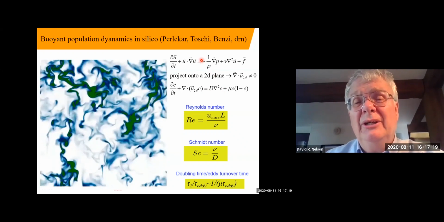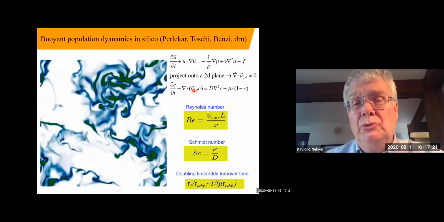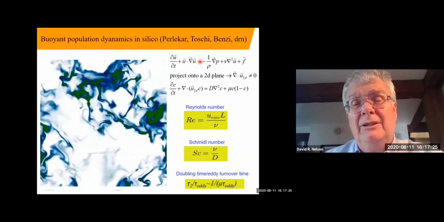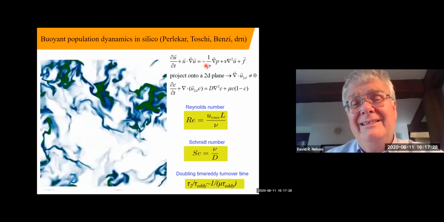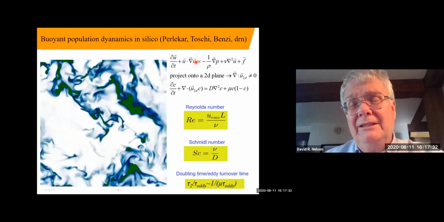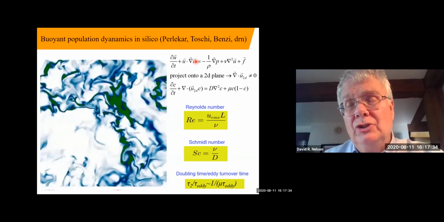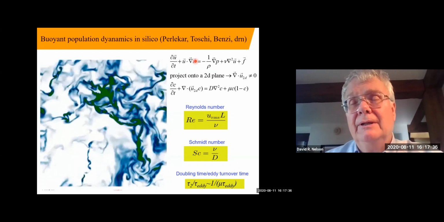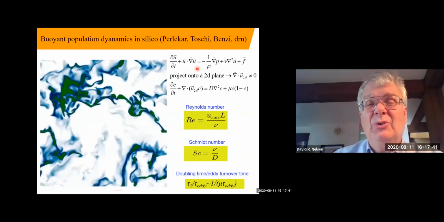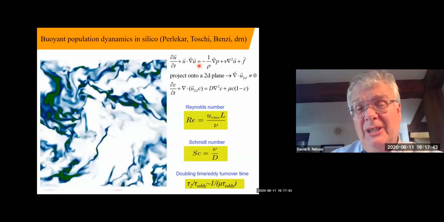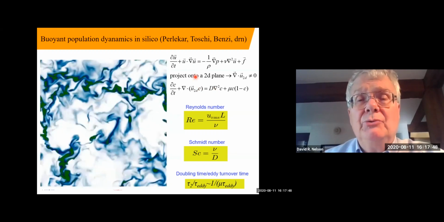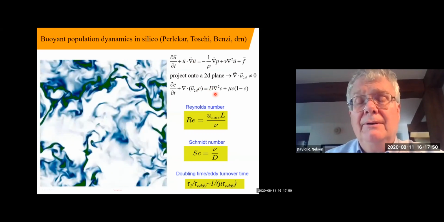And the way I generate this U2D is to solve the full 3D Navier-Stokes equations, or rather my collaborators did, and then take that solution and just look at the projection of the velocity field onto a plane. So we ignore the vertical component of the velocity field at the midplane of the cube. So they are essentially solved simultaneously, but there's a one-sided bias where this equation influences that one, but not the